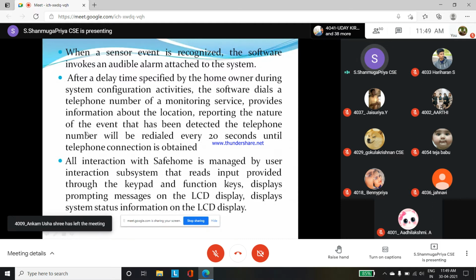For example, ஹோம் ஓனர் வரதுக்கு லேட் ஆயிடுச்சு, இல்ல அவங்களுக்கு இன்ஃபர்மேஷன் நம்ம பாஸ் பண்ணதுக்கு அப்புறம் நம்ம என்ன பண்றோம்னா, என்னோட டேட்டா பேஸ்ல நியர்பை இருக்கிற போலீஸ் ஸ்டேஷன் இல்ல என்னோட கார்டியன்ஸ் இல்ல வேற யார் பர்சன்ஸ் நான் எந்த டேட்டா பேஸ்ல என்ன ஸ்டோர் பண்ணி வச்சிருக்கேனோ அந்த டேட்டா பேஸ்ல இருக்கிற நம்பர்ஸ்க்கு we have to send the information. So automatically, for example if I am storing a nearby police station landline number or mobile number, we have to send the location information to that particular